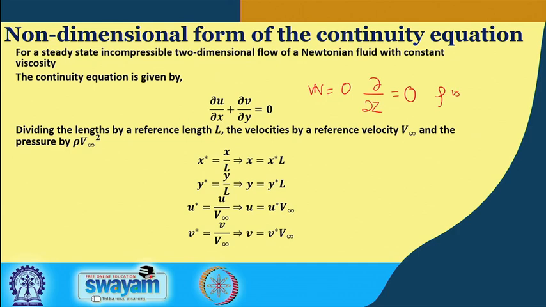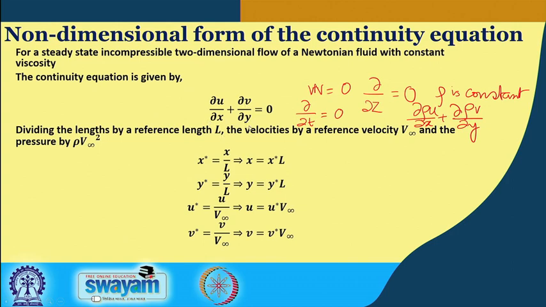rho is also constant. So because rho is constant, we are able to take out the rho from the differential. Otherwise these expressions look like dou rho u by dou x plus dou rho v by dou y. So they look like this, and because of incompressibility, constant density, we are able to take this rho out of the differential, and because of steady state, we are saying that dou rho by dou t is equal to 0. Okay. So with this understanding, we are able to get this particular equation.